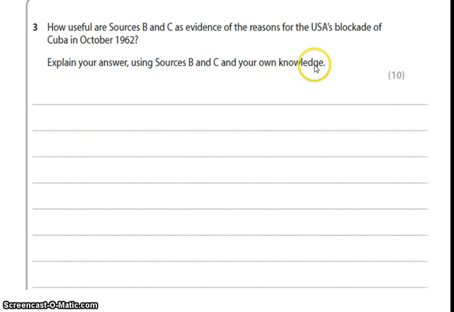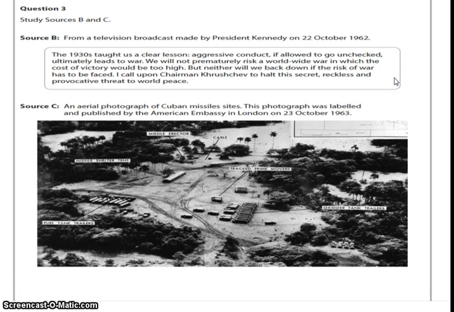Unless you use both and support the inferences you're making from the sources with your own knowledge, you won't score highly. Remember, there are 3 different bands, 3 different levels they are going to mark you at. They'll put you in the middle level, and if you evidence your points, you'll go up into the higher level 3 band. These two sources: source B is from a television broadcast made by President Kennedy on the 22nd of